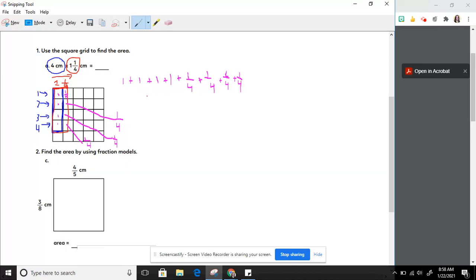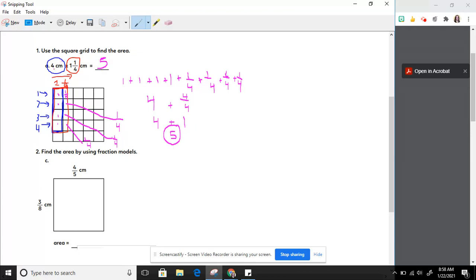Okay, so now let's see how many we have total. Well, 1 plus 1 plus 1 is 4. And then 1/4 plus 1/4 plus 1/4 plus 1/4 is 4 fourths. And really what that means is 4, and 4 fourths we know is equal to 1 whole. So our answer is 5, so I'm going to put my answer up here, 5, but we also need